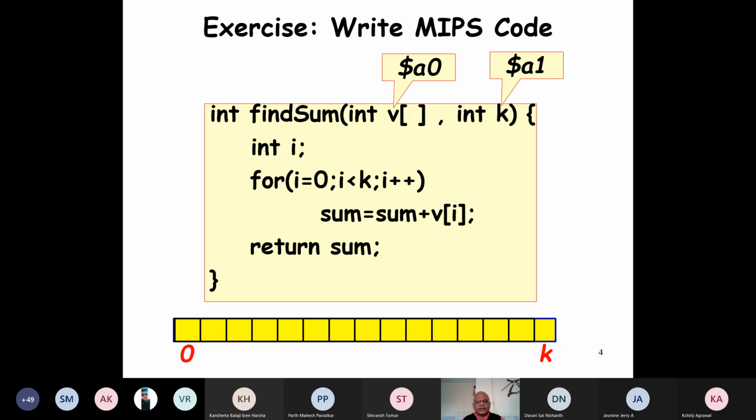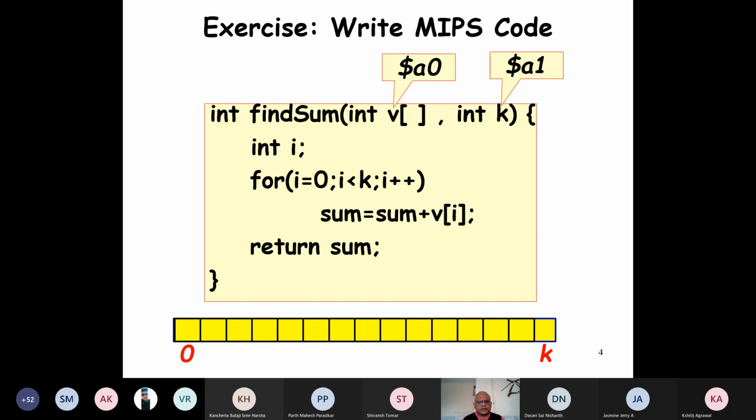So if we want to add 10 elements, A1 will contain 10. If we want to add 20 elements, A1 will contain 20. And A0 is just the start address of the array. Is it clear, Balaji? Sorry, sir, I am confused. Okay, fine. Now is it okay? Yes, sir.